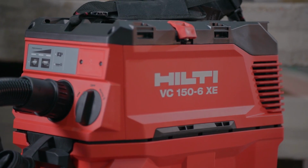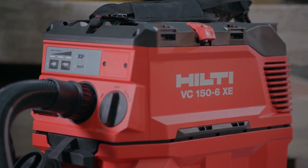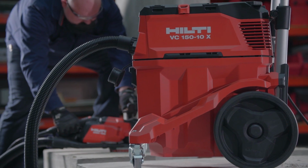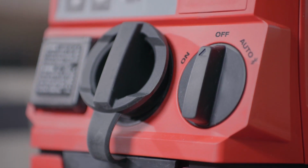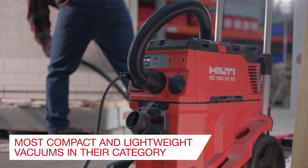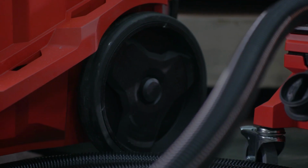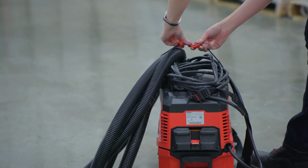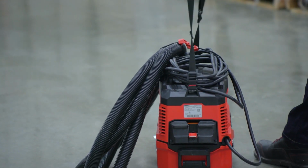Hilti's second-generation vacuum solutions VC150-6 and VC150-10 have been enhanced to help optimize productivity and bring you more mobility and higher performance. They are the most compact and lightweight vacuums in their category. The big wheels and push bar of the VC150-10 and the shoulder strap of the VC150-6 allow for better ease